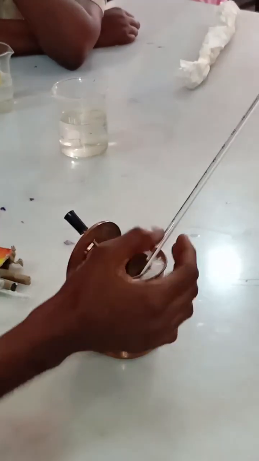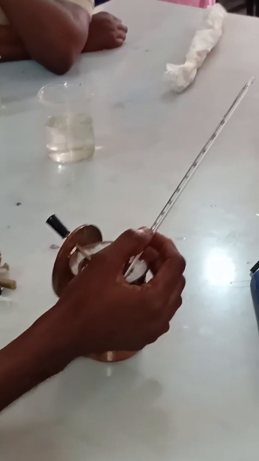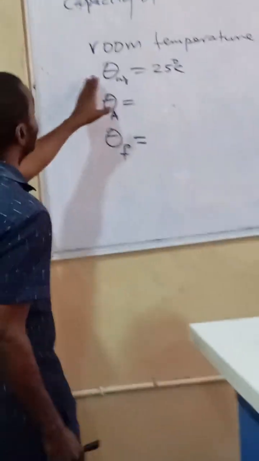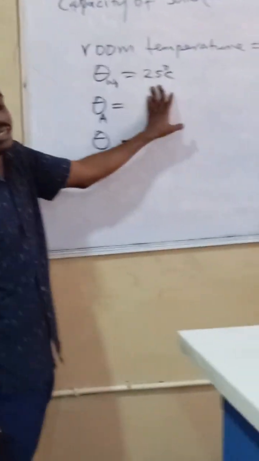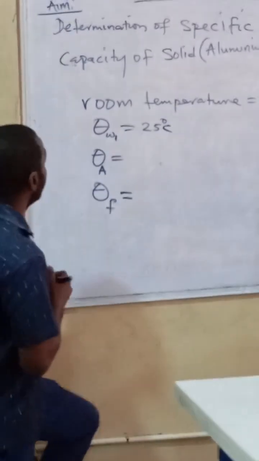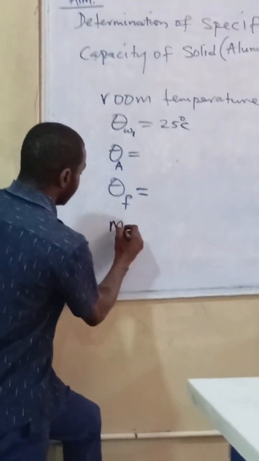Like in this thermometer, what you have here now is close to 27 or 28 thereabout, which means there is error already in this thermometer, like I said initially. But we are using 25 degrees Celsius, which is the room temperature. Is that clear? Okay? So, likewise also, the mass